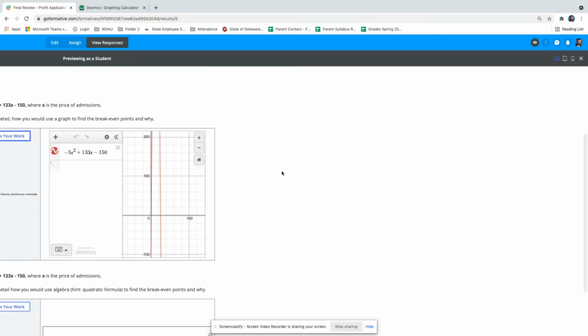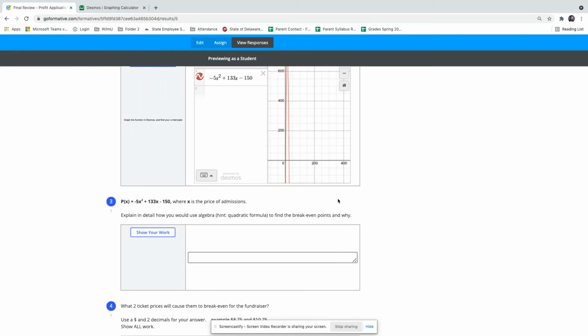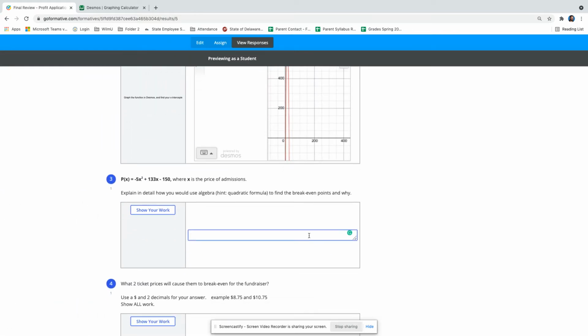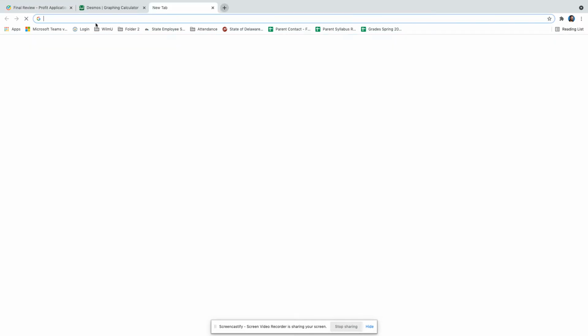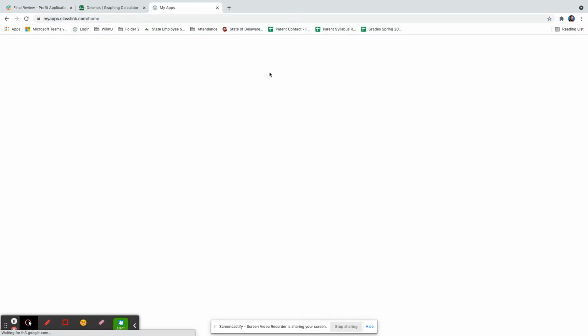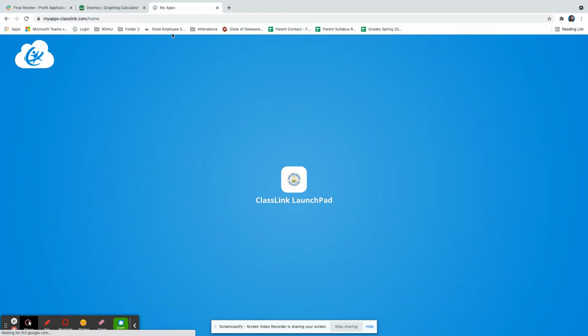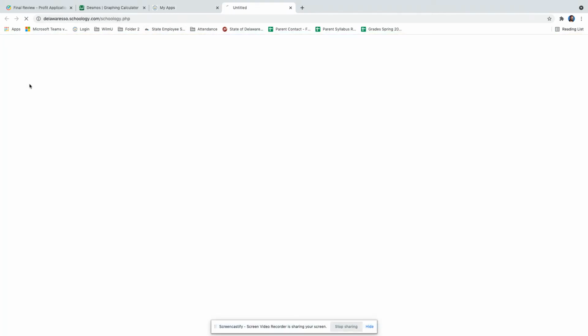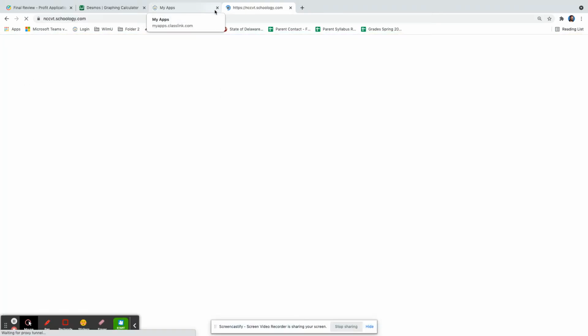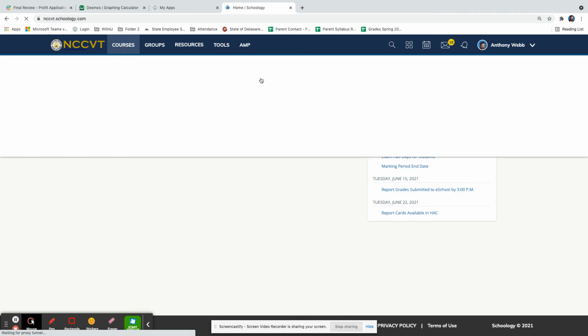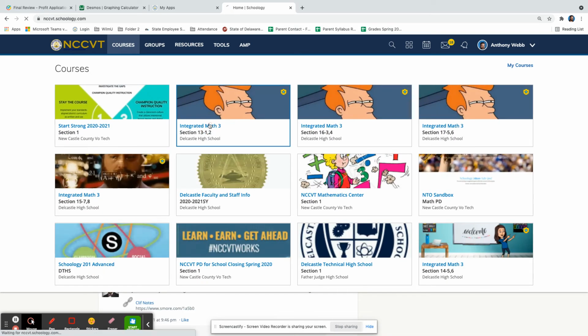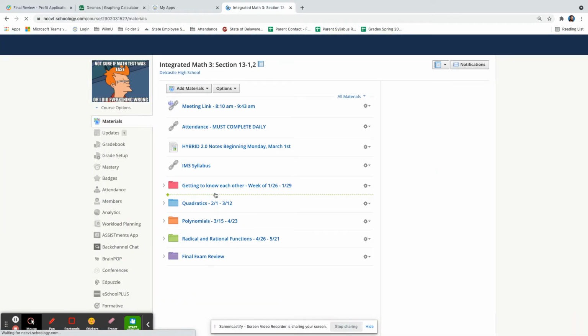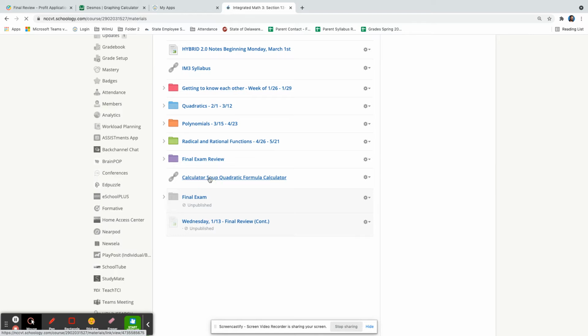Next question says, how would you use the quadratic formula to do it? So essentially how you can do it, you already found the two points here, but what we would do in this class is if we wanted to use the quadratic formula, we would go into Schoology. Of course, always at the bottom of our page is Calculator Soup, so that's how we've done the quadratic formula